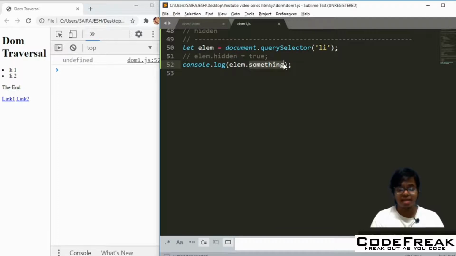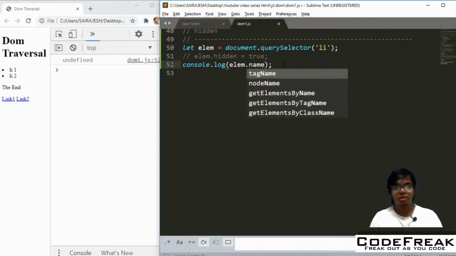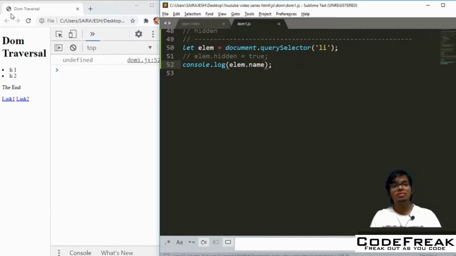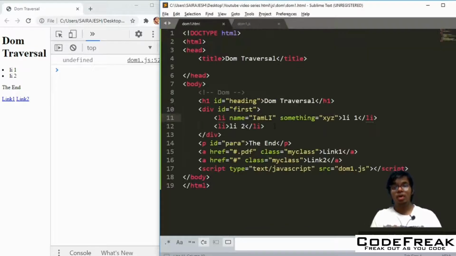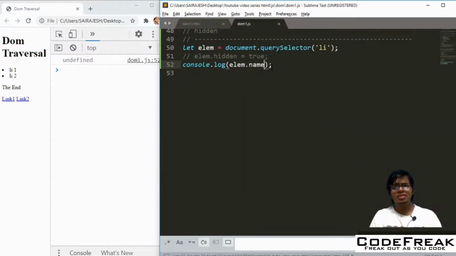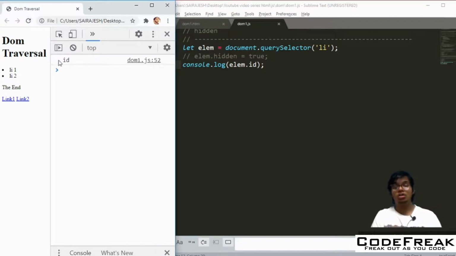But if you do lm dot name, now see what happens. That is not a standard property either. But in case I give an id, called id here, and then do lm dot id. The name may be a standard attribute for some particular tags, but it may not be for all the tags. So id is a standard attribute, that's why you're getting id here, right?